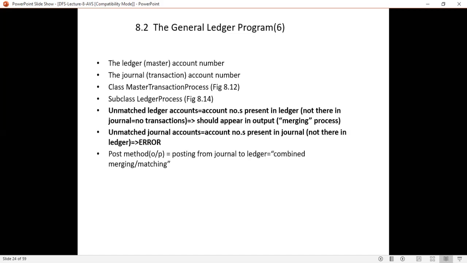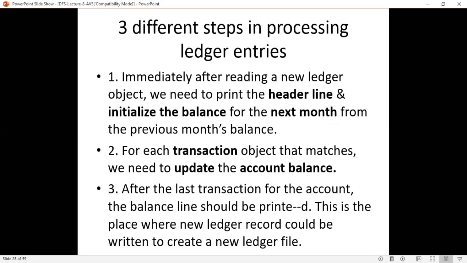Now, posting from journal to ledger is a combined matching by merging process. Three different steps in processing ledger entries. What are the three different steps you have to follow? First thing is, immediately after reading a new ledger object, you have to print the header line.